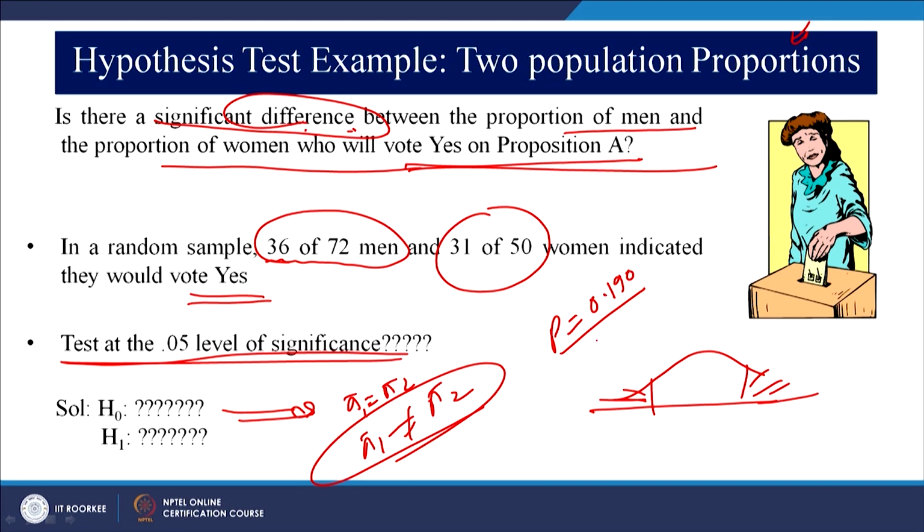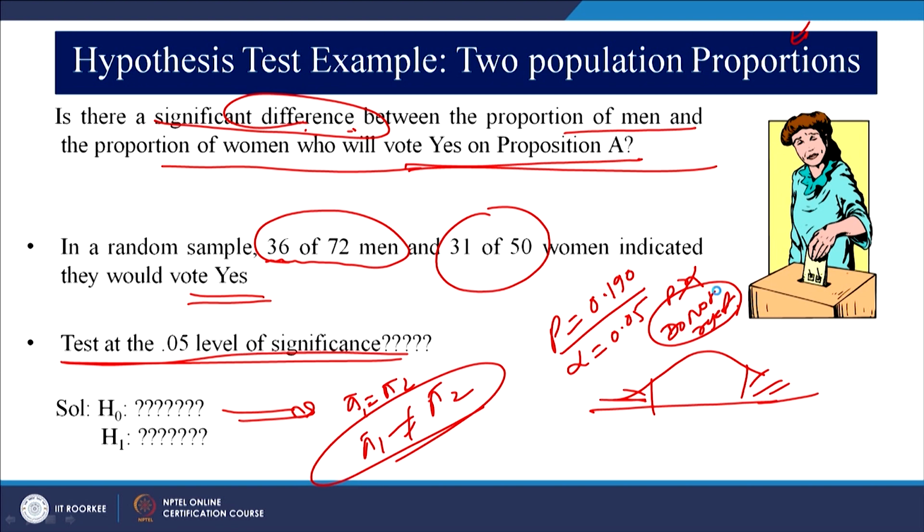Now, just compare this P value with the alpha value, which is 0.05, right. So, is P value less than alpha? No, P value is greater than alpha. So, we do not reject the null hypothesis, isn't it. So, this is the conclusion we are getting using the P value approach, and the same was the conclusion using the critical value approach.